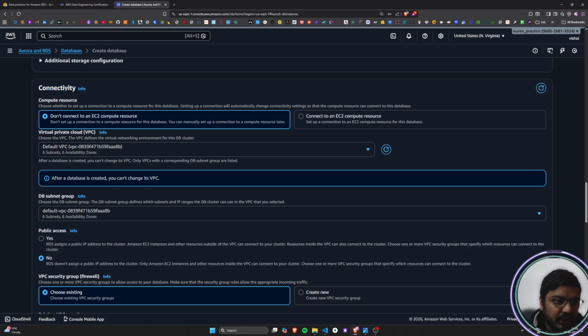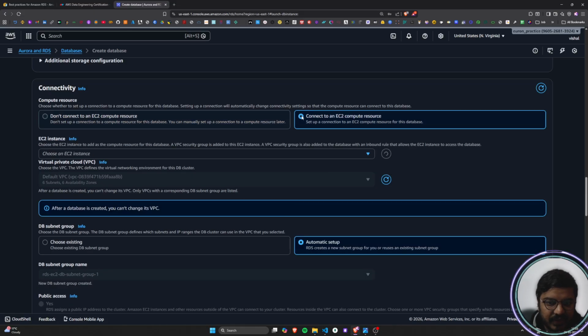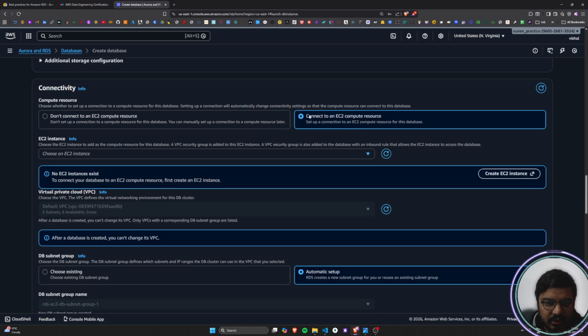Cool. So now comes the connectivity part. If we want to connect to any kind of compute resource, this compute resource can be an EC2 instance or maybe a Lambda function also. A Lambda function is a serverless compute, I would say, right? Currently we are not connecting it to any kind of compute resource, maybe an EC2 instance. If I want to connect it to an EC2 instance, I can just click on this particular option,